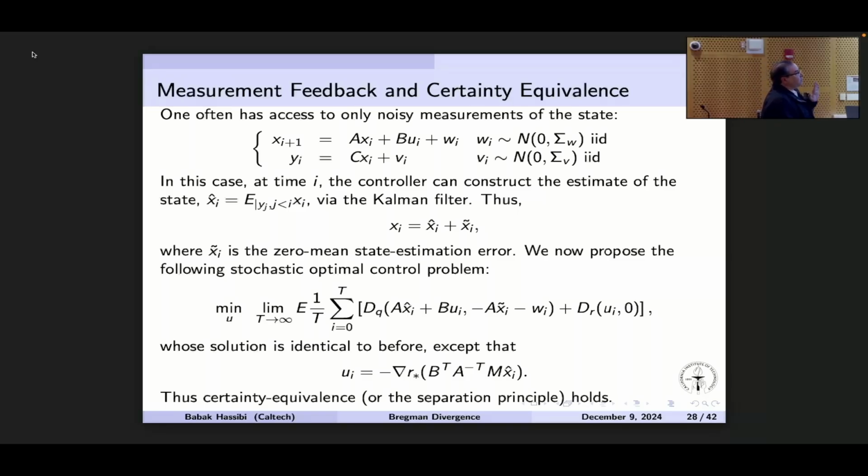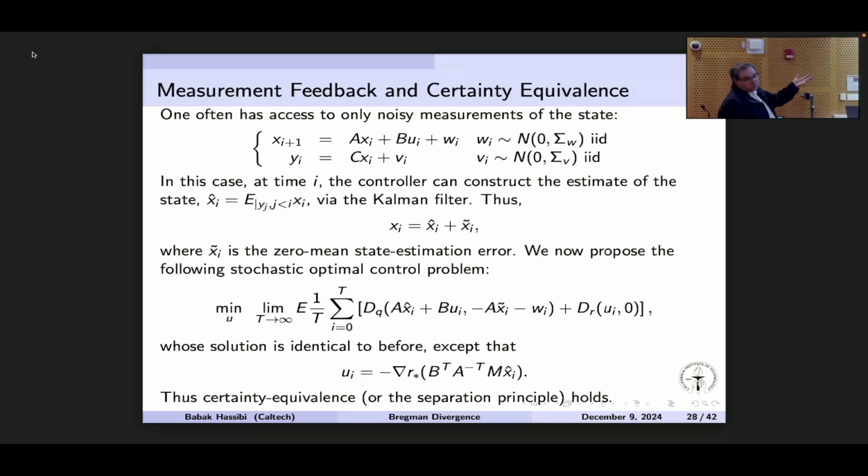So in my Bregman divergence term, I put all the deterministic stuff to the left. I put all the random stuff to the right. So I'm looking at the Bregman divergence. When I take the difference of these two things, it is the state x_{i+1}. But I've taken the state x_{i+1}, I've broken it up into its deterministic and random parts, and I put the random parts on the right. And again, I've done this just so I can do the expectation.